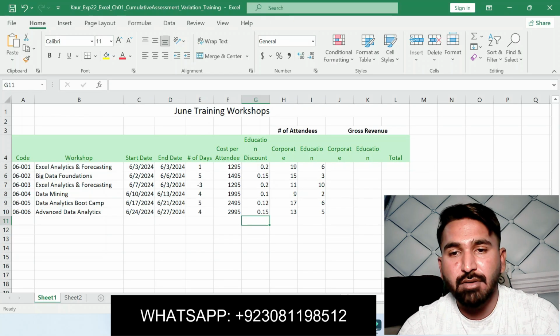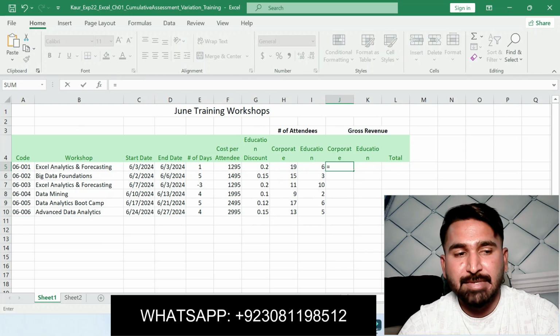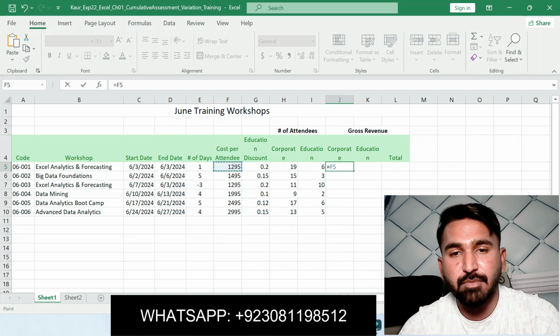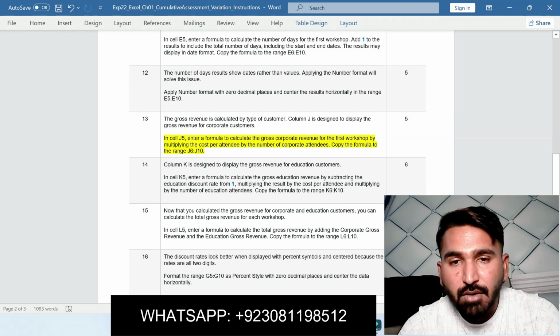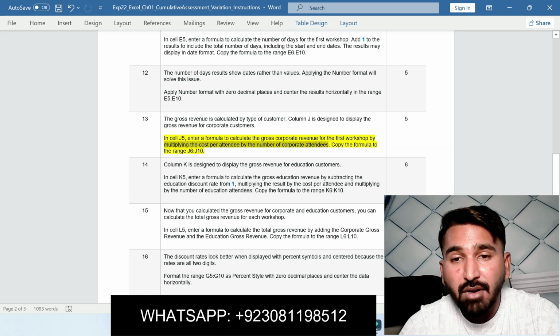Go to J5. Here is cost per attendee, by multiplying the cost per attendee by the number of corporate attendees.